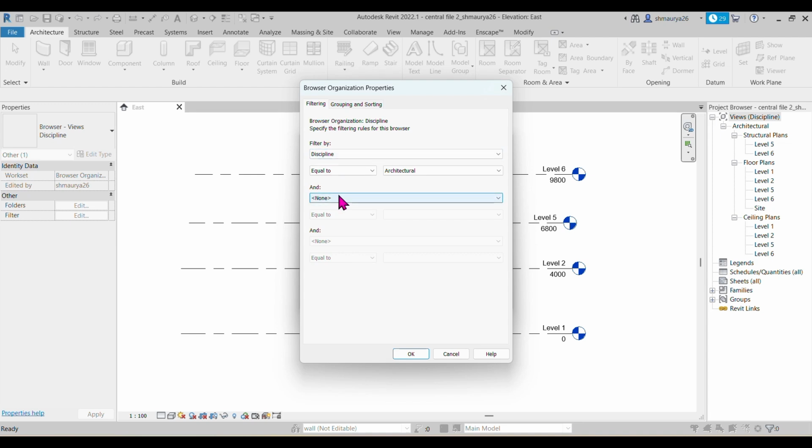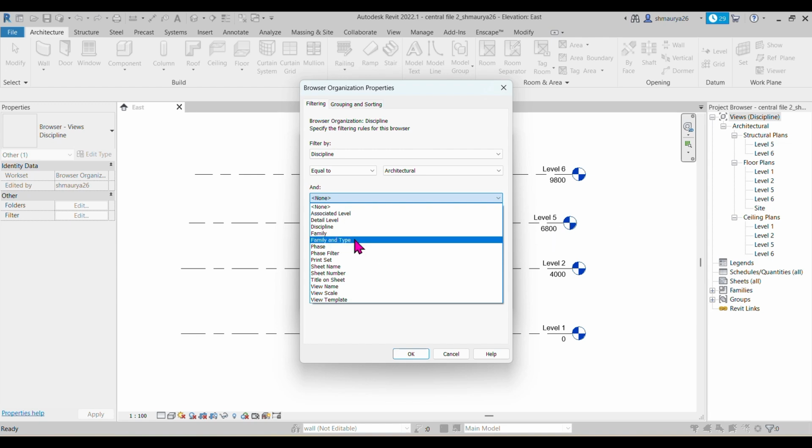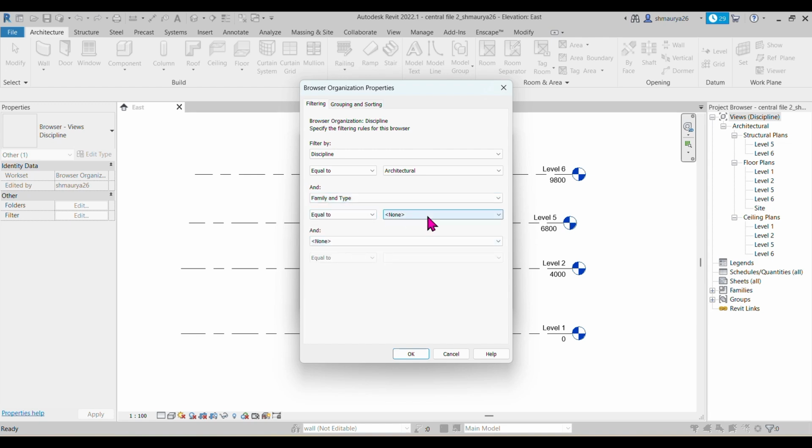If you want to make it more filtered, if you notice here again more numbers of lists are here, and you want to filter it again, you can make it from here. Now I want to filter with family. What is family? This structure, floor plan, ceiling plan, these are the families, right? So this one is a family, and I want to make it with family and type. So I click here, family and type, and it is equal to ceiling plan, elevation plan, floor plan, and